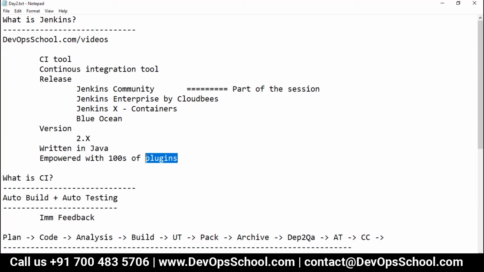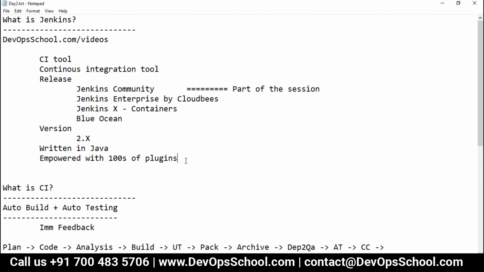In SonarQube you have only 30 to 40 plugins, but in Jenkins there are thousands. Any feature you want, you have a plugin for it. And if you don't have one, you can write your own easily using Java.